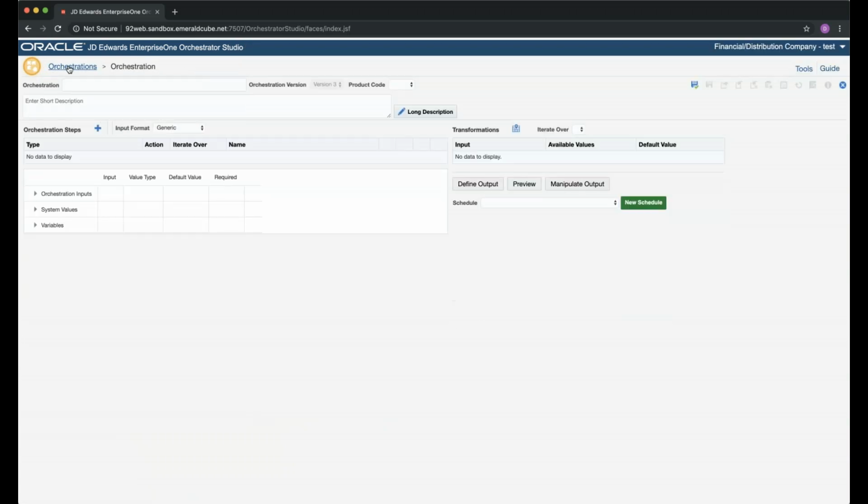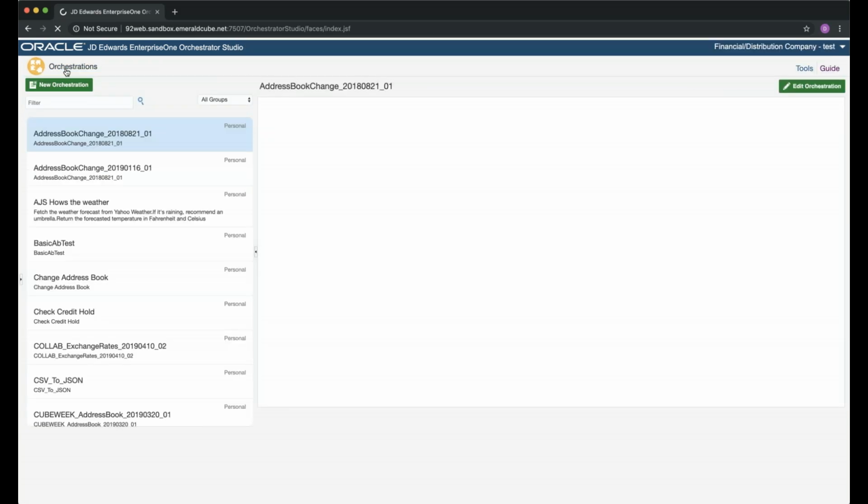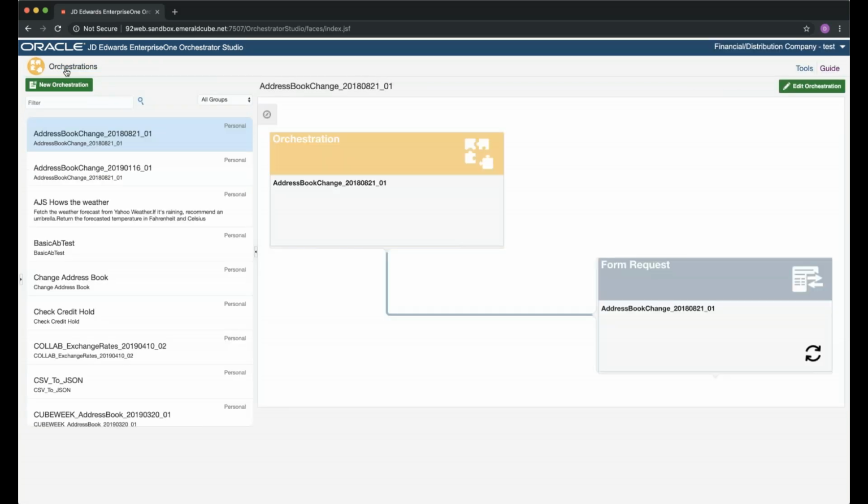So what we're going to do is, actually, I'll come back here and I'll just explain. In that specific screen, the first screen, this is much like what we saw in the service request, right? So we have basically the same screen. You have your edit on the upper right. You still have your tools tab and you have your orchestrations on the top left, and you have a new orchestration instead of new service request, because this is where we create, of course, orchestrations.